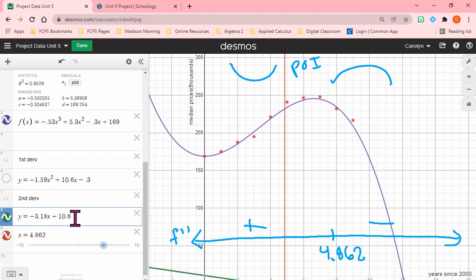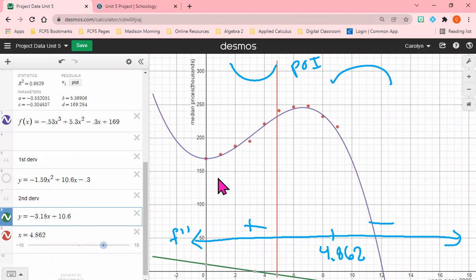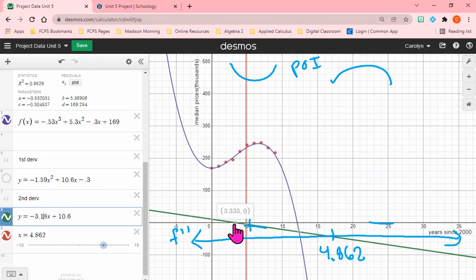Someone want to check my math? Okay, I'm good. We'll zoom back out a little bit. So it makes it 3.33. Fair enough. Let's readjust. 3.33. Fix that. Thank you. So then my coordinate,